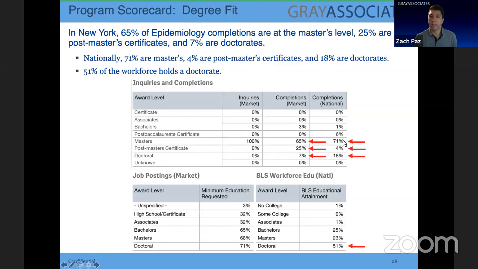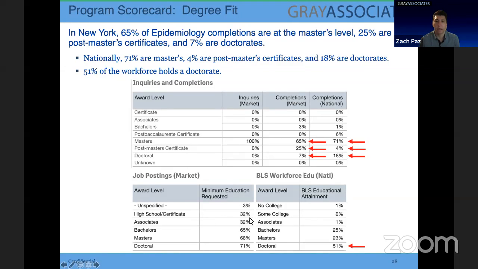That's slightly different from the national market, other than the master's level. That's still the most prevalent award level, 71%. Postmaster's certificate, slightly smaller relative to New York, 4%, and the doctoral level is much higher at 18%. So slight shift, but really the main level here is going to be a master's degree. In terms of what is being requested in the job postings,